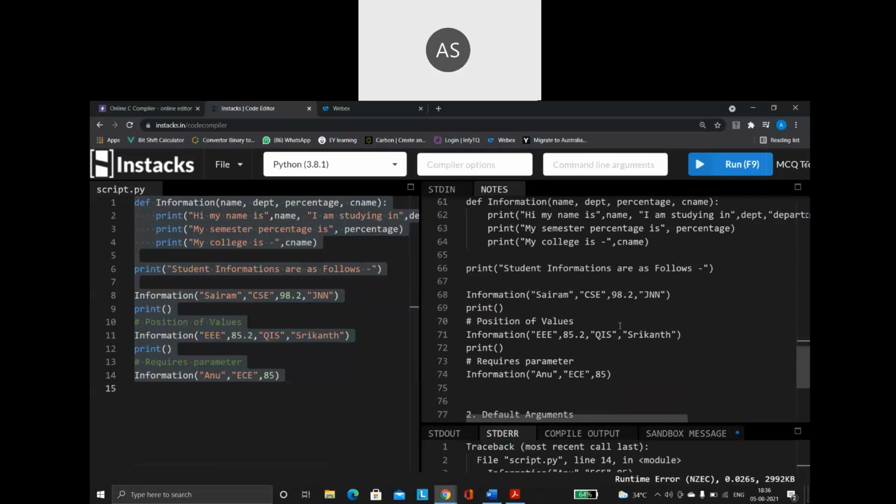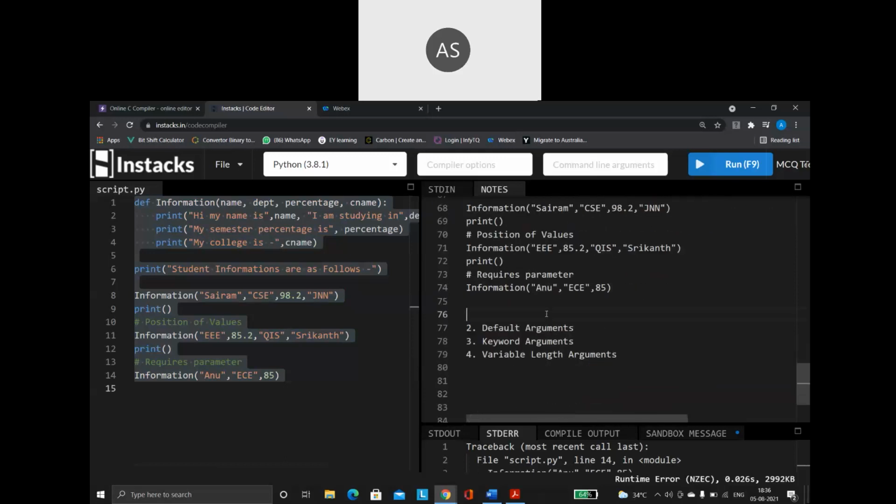Now, the next one is something called a default argument. So, what do we mean by default argument? When we are not going to give a value for a parameter, what is a parameter?